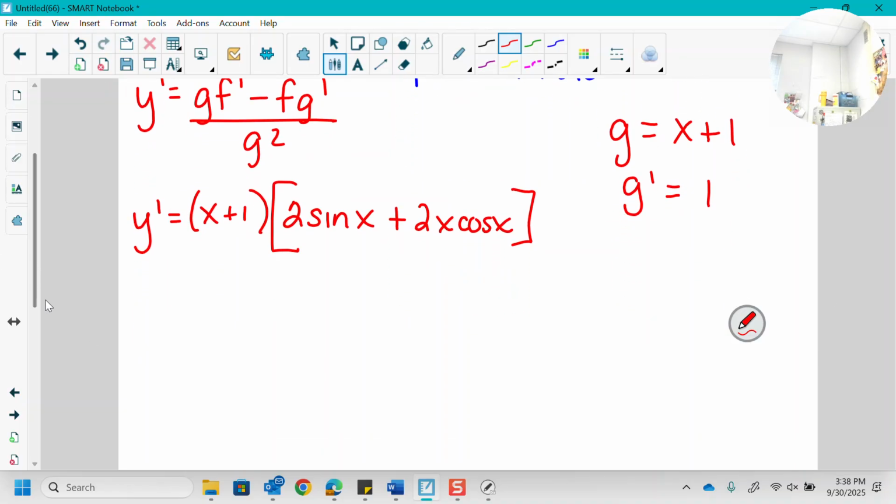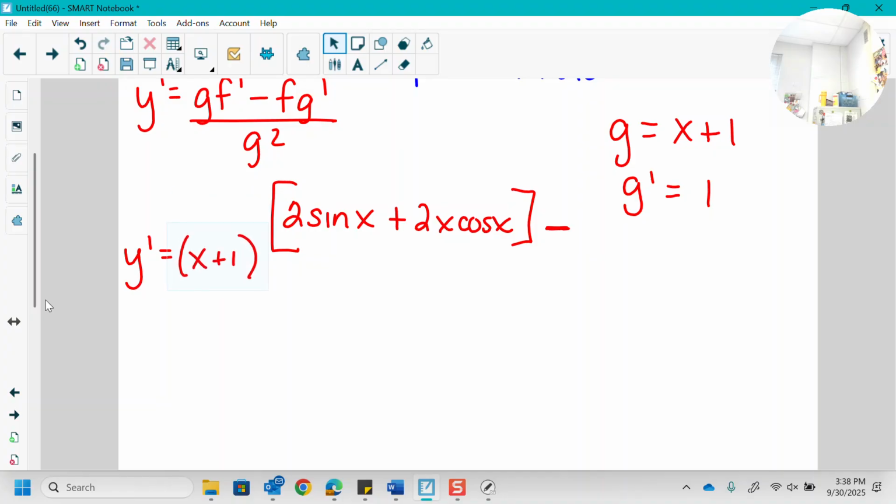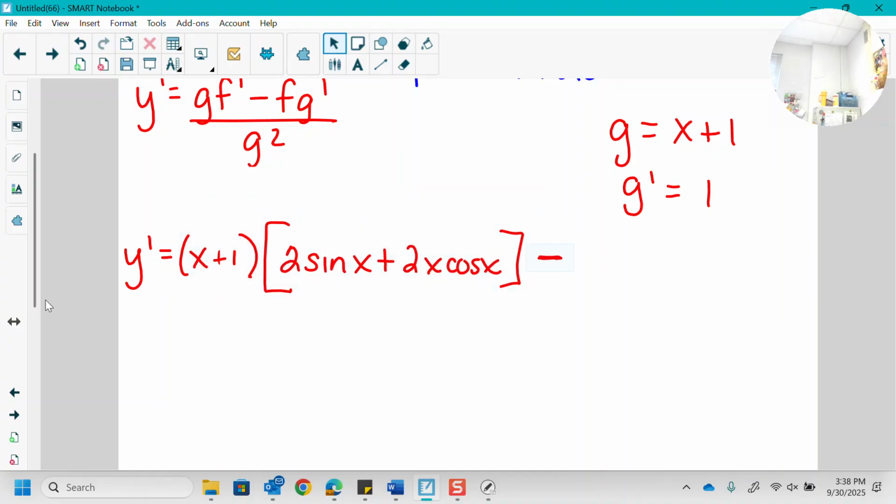That is just g times f prime minus, I do love being able to move this stuff around because it does get messy, minus